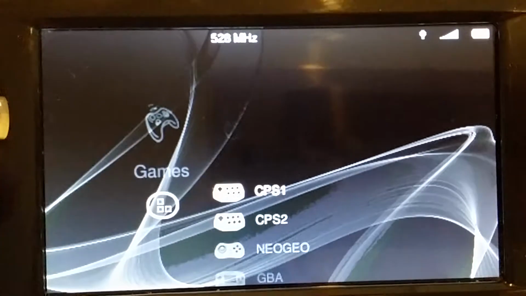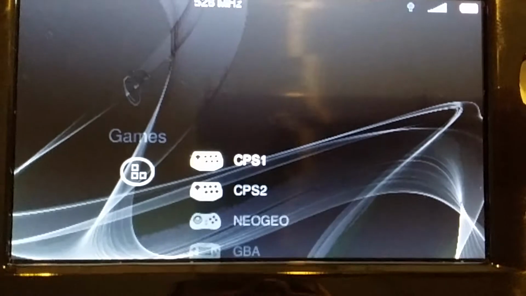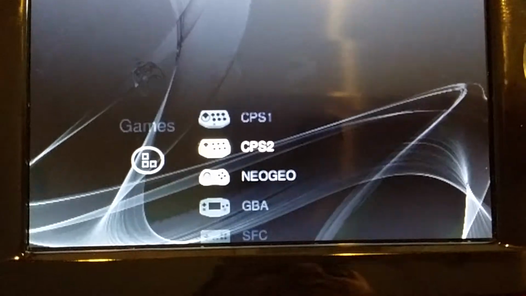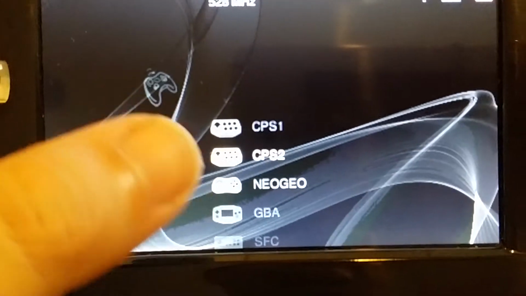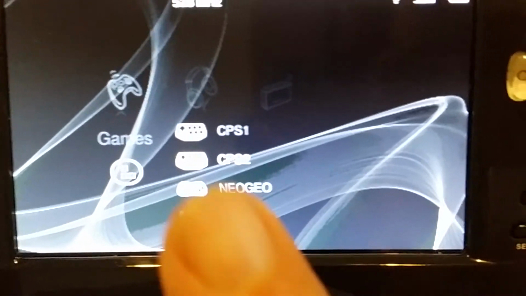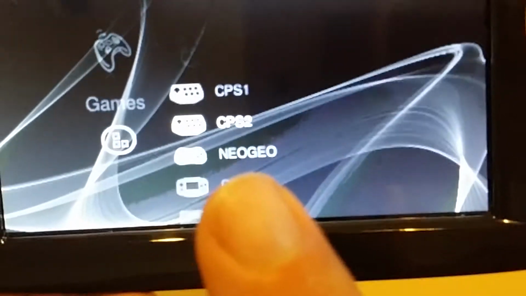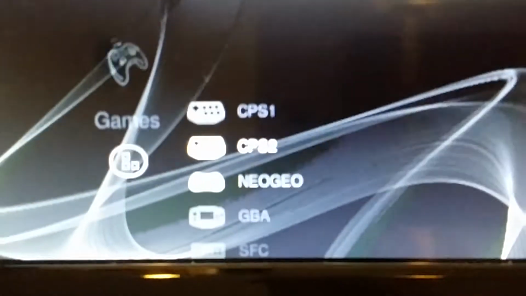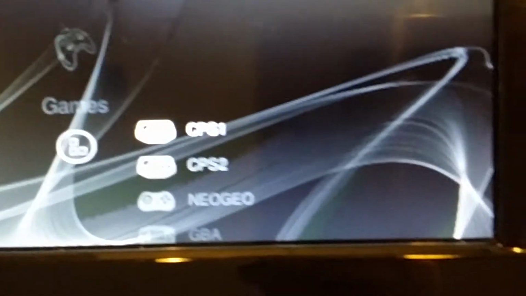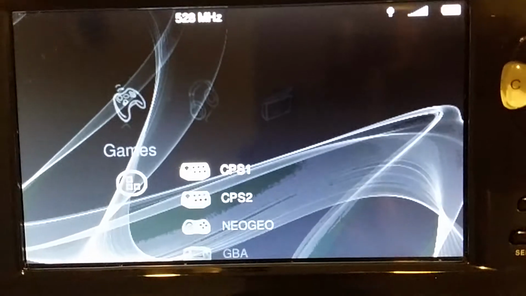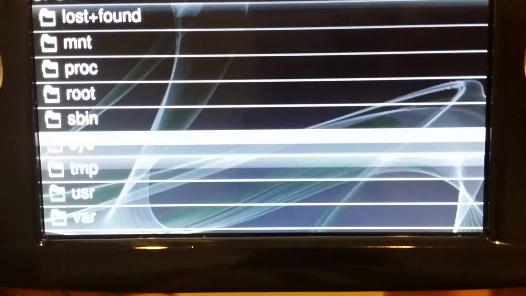I haven't gone through every single game under CPS 1 to see if all of them work under CPS 1 and all of them work under CPS 2. Don't really know why there's a difference there. I do know that there are CPS 1 games, there are CPS 2 games. They're different from NeoGeo, and I believe there are also even CPS 3 games. But like I said, I haven't gone through to see if there's a specific reason why there is a CPS 1 and CPS 2. But if you go into those, you go through that whole long, tedious process,